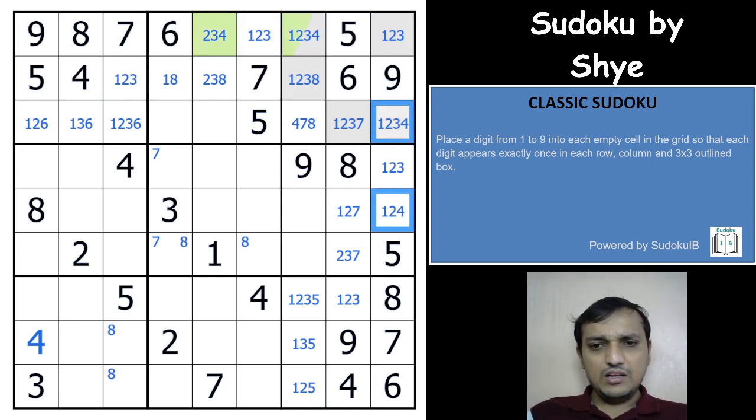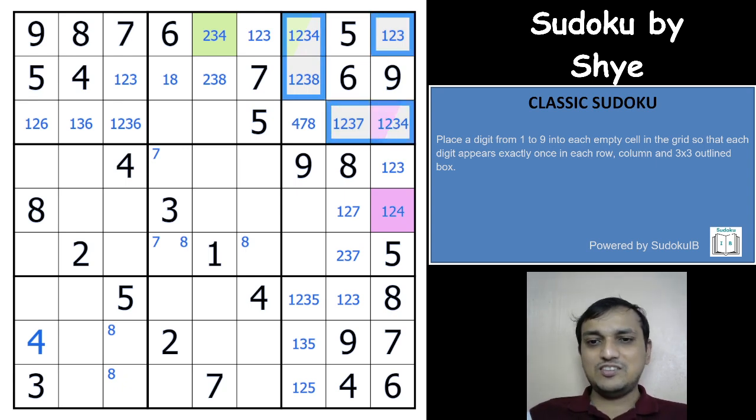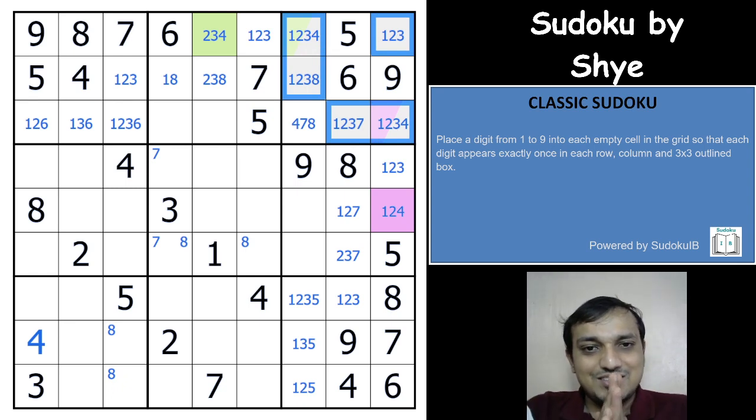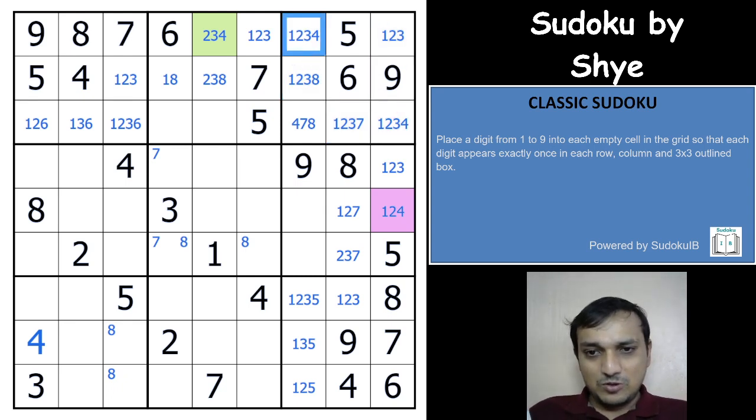And in column 9, 4 is in one of these two cells, which means, so if you see here now, I'll show you one thing again. Excellent piece of logic here, guys. I cannot express how excellent the Sudoku is. Really excellent piece of logic here. So which means,